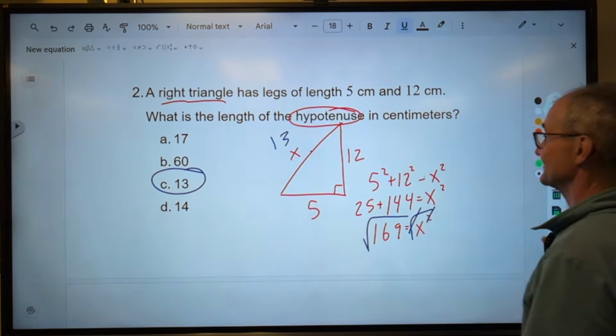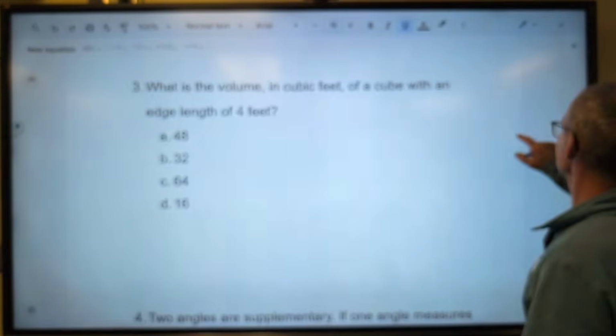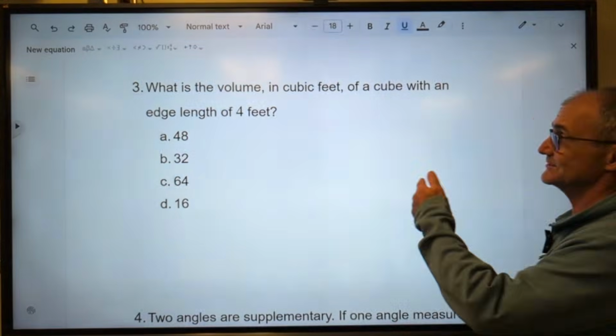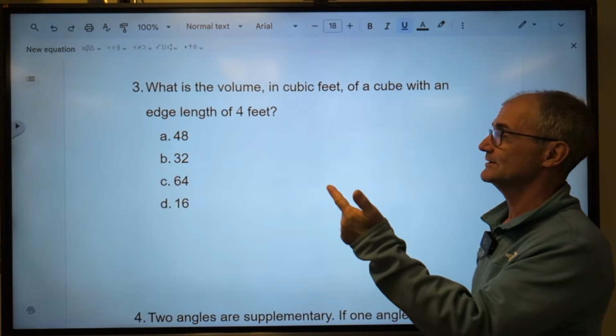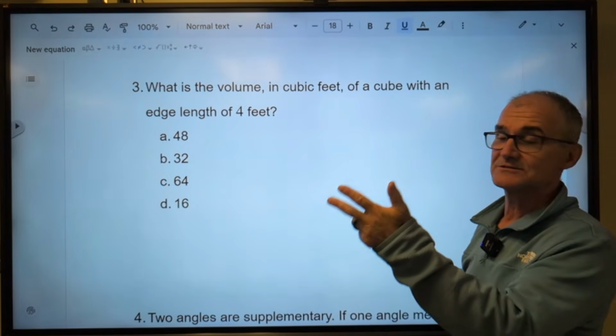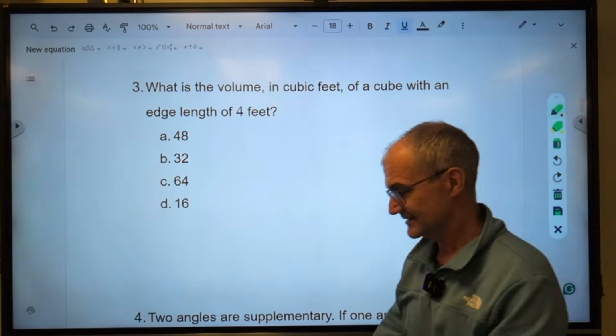Okay, let me move up to the next one. Again, we're going to do this as well with that 5-step process. Convert the sentence to a picture. What are we looking for? Convert the picture to an equation. Solve the equation. Check. I'll give you a second to work on this one, and I'll just take a look